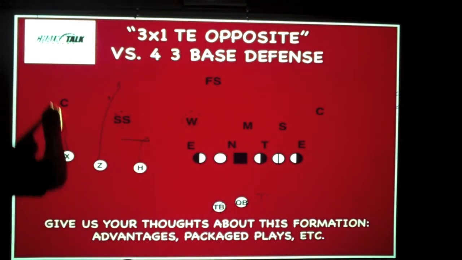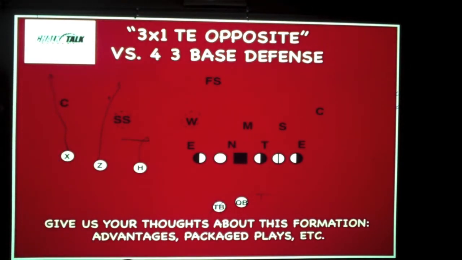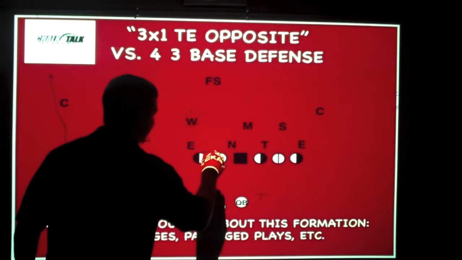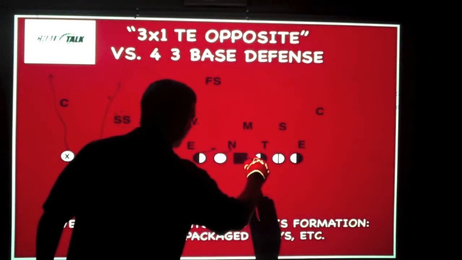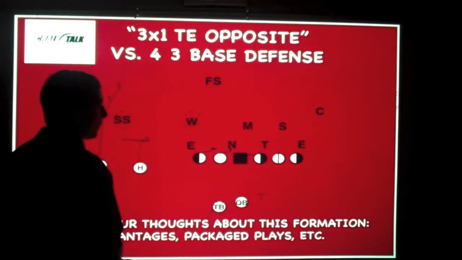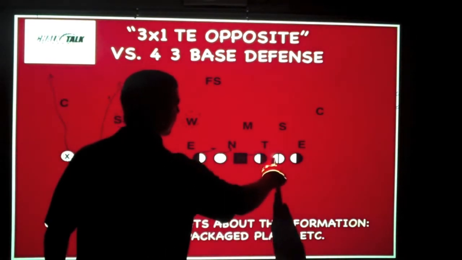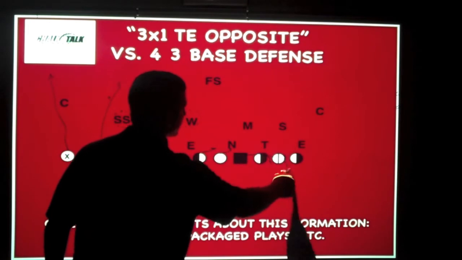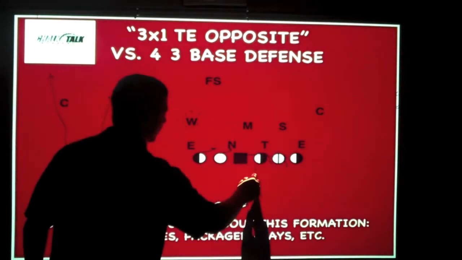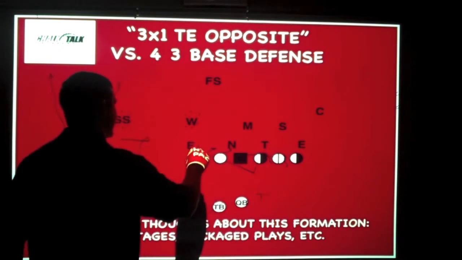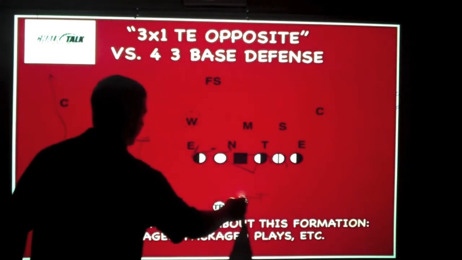What we would do here, we'd run number 1 on a go. So with this protection, everybody's going to step down into their gap. This guy's going to step back into his gap, knowing that the guard is pulling. Here, we'll gap seal funnel that one. So on the front side, everything looks like power. We're going to pull this guy, and he's going to kick out this end. We're going to scream this back across,